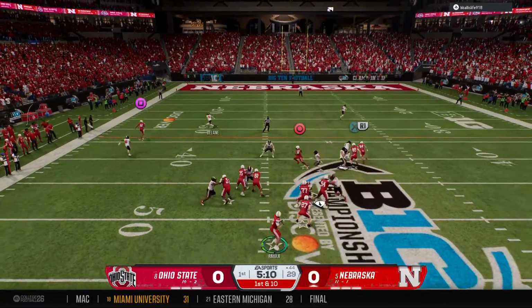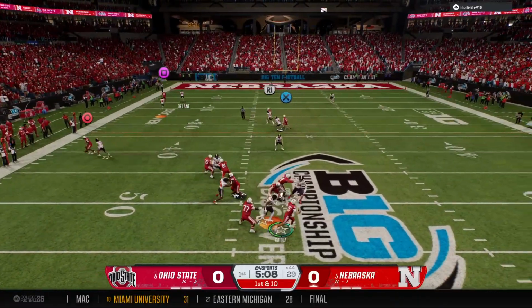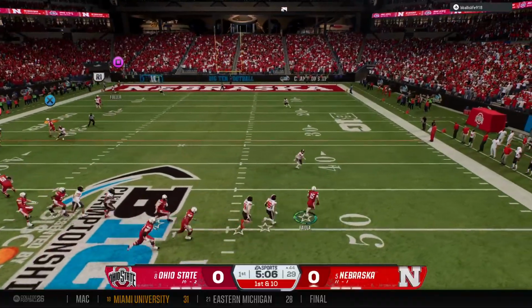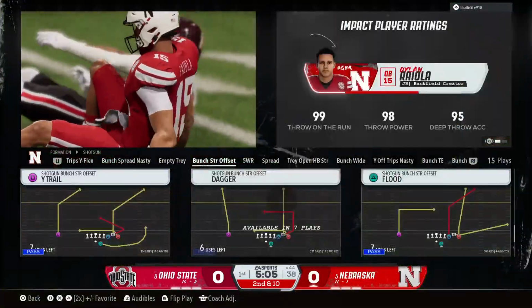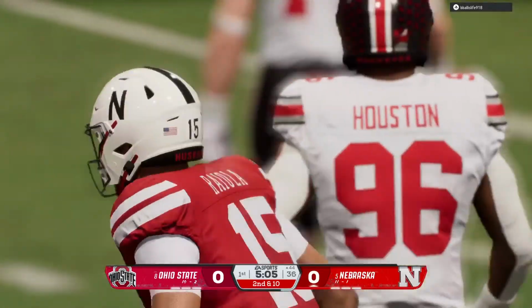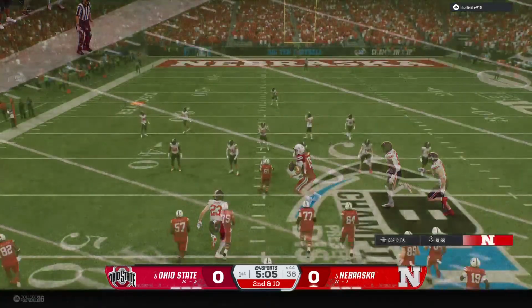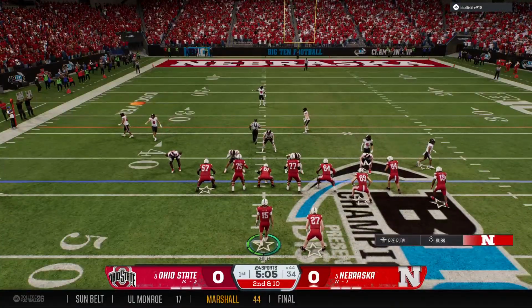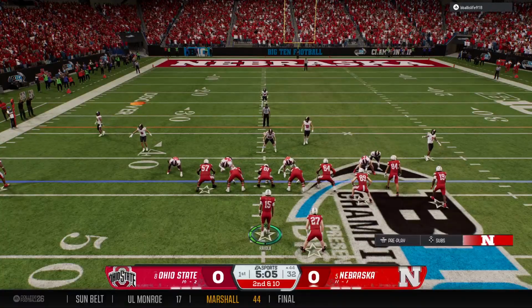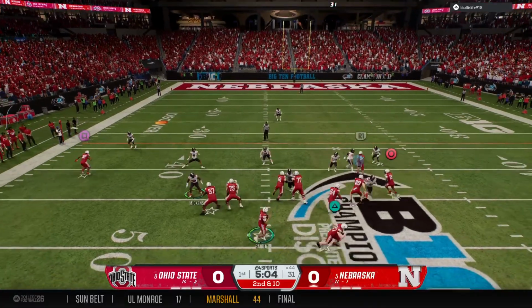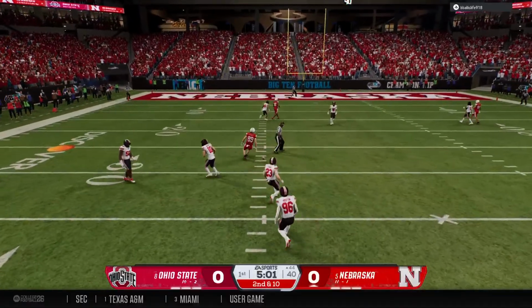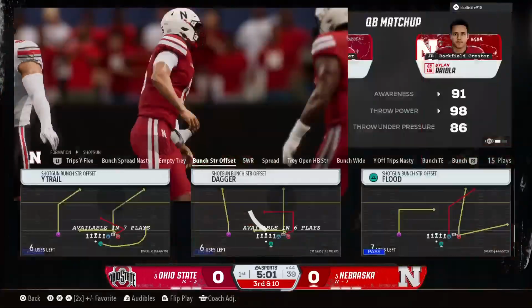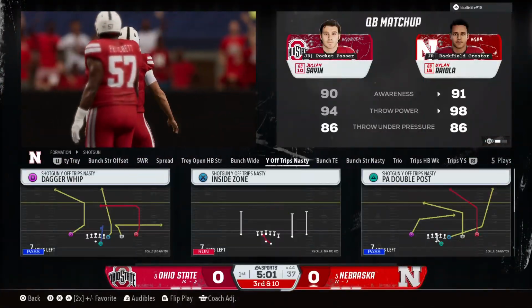Looking for a man. Pressure is coming. Under pressure, just lets it go. Choosing to just throw the ball away that time. 2nd down play now coming up. Offense moving to a bunch formation. QB tries it again here on 2nd and 10. Oh, a nice play by the defender. Got a hand in there to break up the pass.